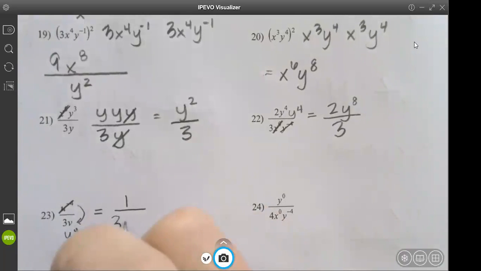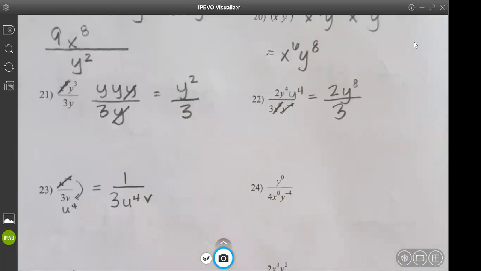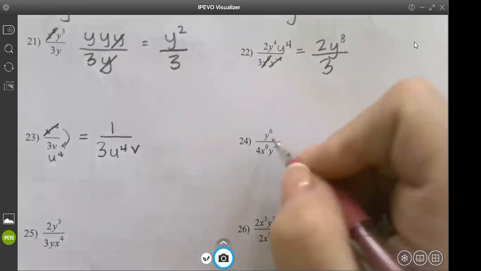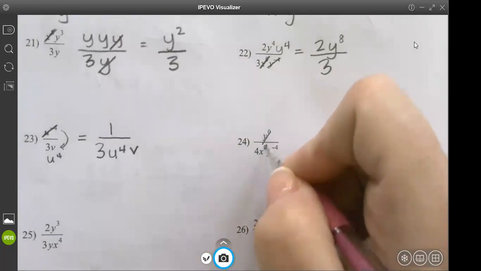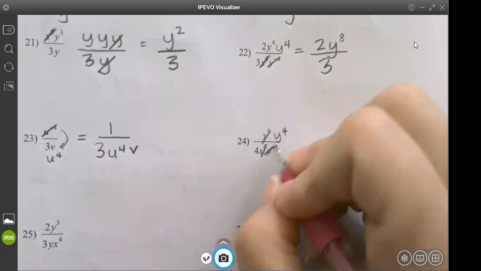And I just put it in order. 3u to the 4th and b. As long as they're all down there, it doesn't matter what order you put them in. Okay. On the next one, what can I do? You're going to mark out the Y here, and then you're going to have to add, and then put the Y to the top, and you get Y to the